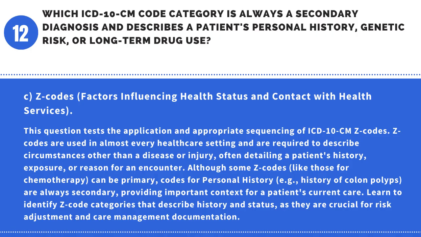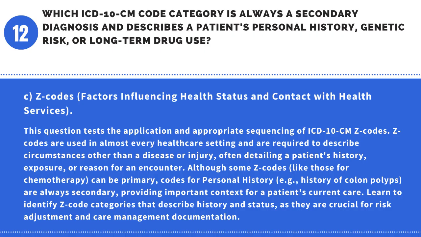Although some Z codes, like those for chemotherapy, can be primary codes, personal history codes, e.g., history of colon polyps, are always secondary, providing important context for a patient's current care. Learn to identify Z-code categories that describe history and status, as they are crucial for risk adjustment and care management